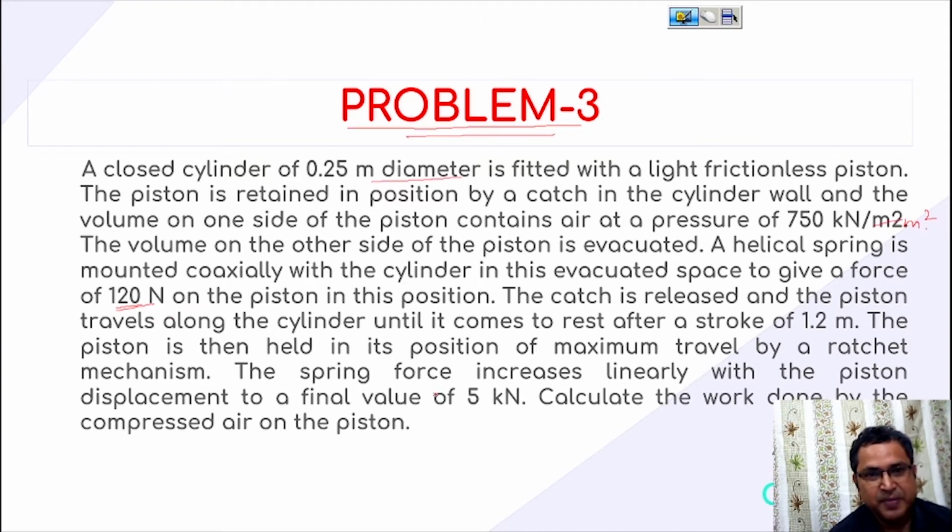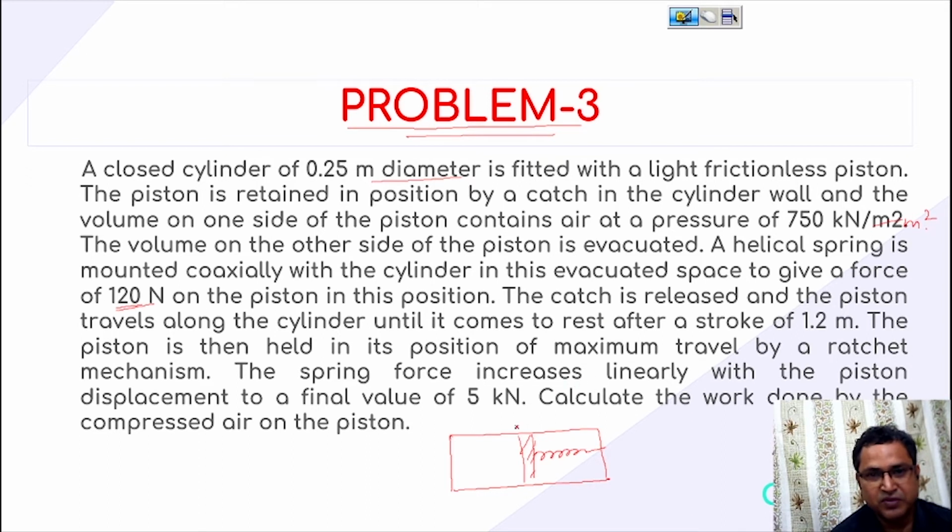Means it is something like this. Initially the piston is fitted something like this and the other part is evacuated, and at this position the force on the piston, this is your piston and the force acting, is 120 Newton. The catch is released and the piston travels along the cylinder until it comes to rest